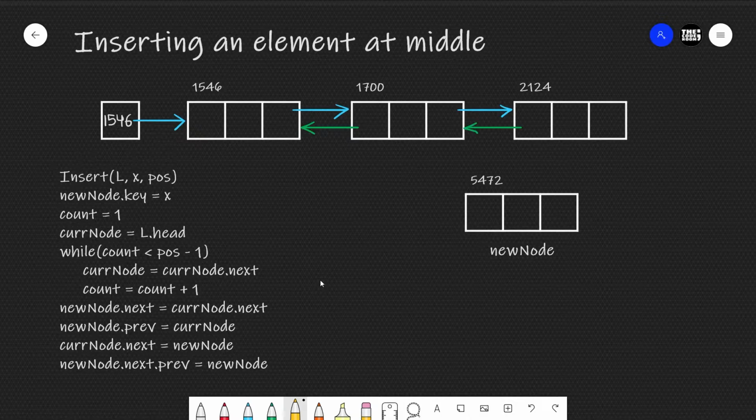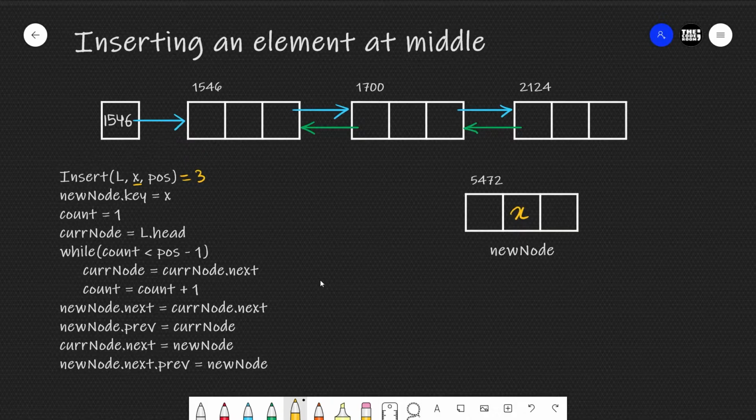Now let's see how we can insert an element in the middle of a doubly linked list. Again we have this linked list and let's say this time we have to insert this element x at the third position of this linked list. So first we will create a new node and we will store x in this new node. Now we have to insert this new node at the third position. To insert this node at the third position, the next pointer of second node and the previous pointer of the third node, which later will become the fourth node, should point to the new node, and the previous pointer of the new node should point to the second node, and the next pointer of this new node should point to the third node. In this way, new node will be inserted at the third position. So now let's look at its algorithm.